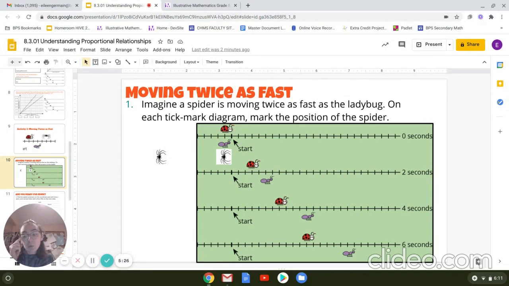So the ladybug moves at 2 centimeters per every 1 second. So we can write that out as a phrase: he walks at a speed of 2